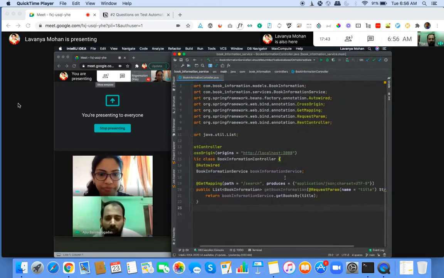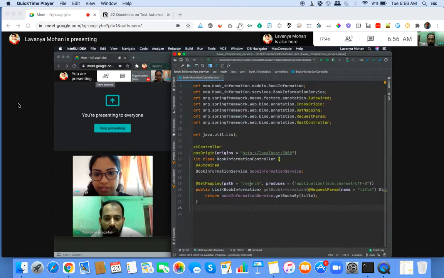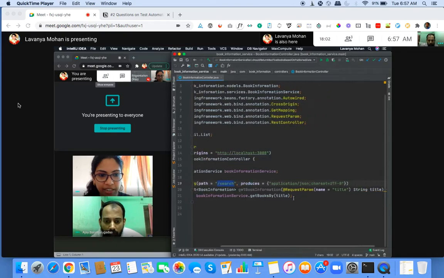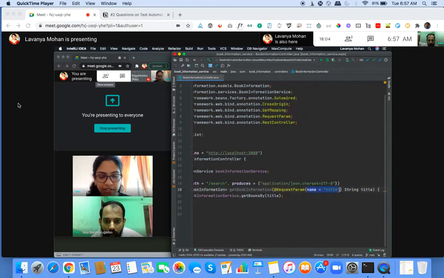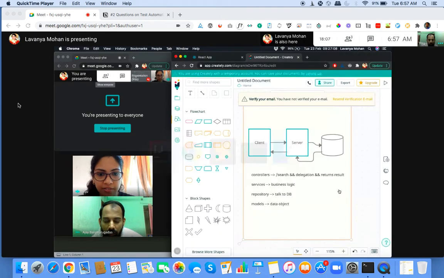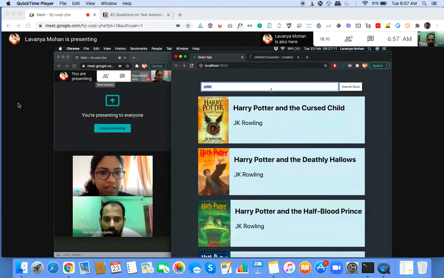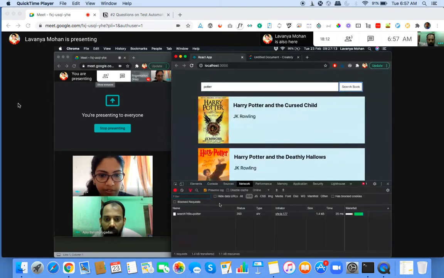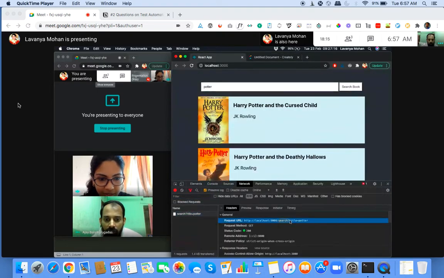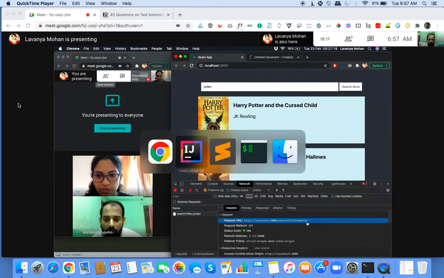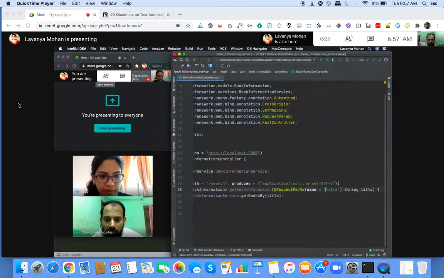Yes. All right. So first step, we said that the search endpoint gets called. Here we can see a mapping for this particular search endpoint. So basically, the method that actually gets called when our /search API is hit is this one. And it takes a request param called title. If we remember in our network tab when we saw the network call, it was this search endpoint with a title parameter. So that's what this is saying, that there is a parameter called title.